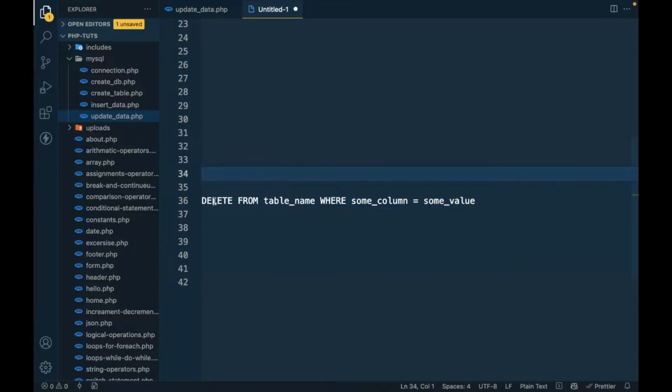So here is the simple syntax for deleting the data from the database. It's kind of a sentence: delete from, then table name. So delete from,